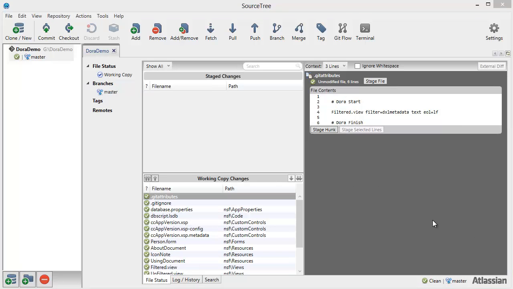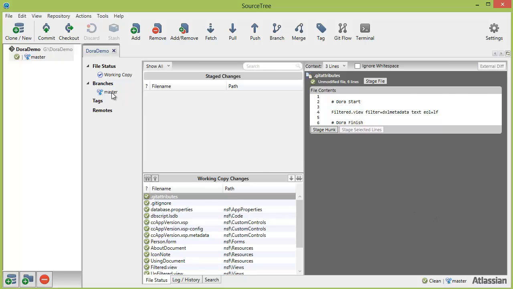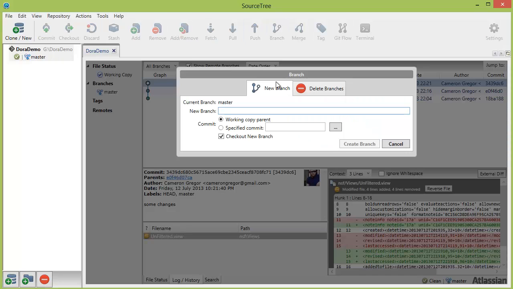Now I'm going to demonstrate how DXL filtering can help with merging. I'll create two feature branches from the master branch. Then on each of those feature branches I'll make the same change to both views. And then I'll merge these feature branches back into the main branch. So first I'll create a branch called first name,